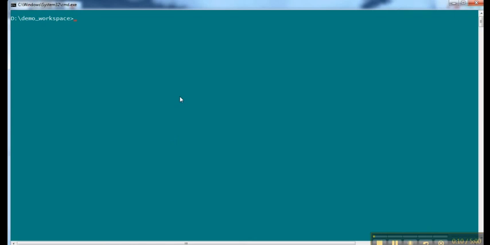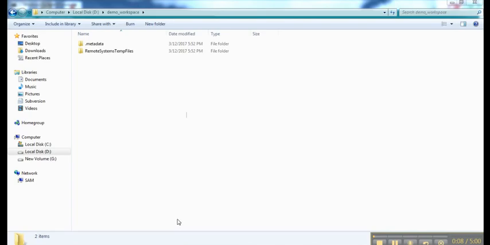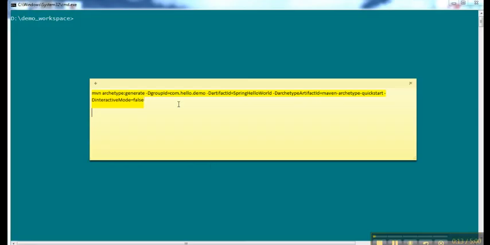So this is the default workspace where we are going to create the project. Here you have to create the project using the Maven command. We are using Maven for creating the project architecture, and the architecture will be in the quick start format. This is the location where we are going to save our project, and we will import this same project in Eclipse. We have to use the following command: mvn archetype:generate, and the group id